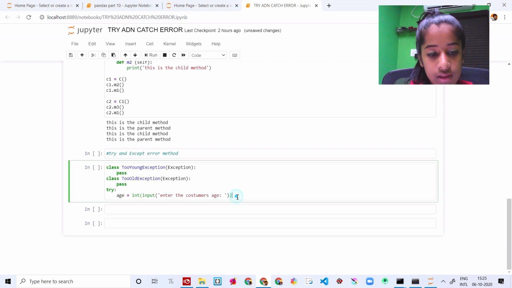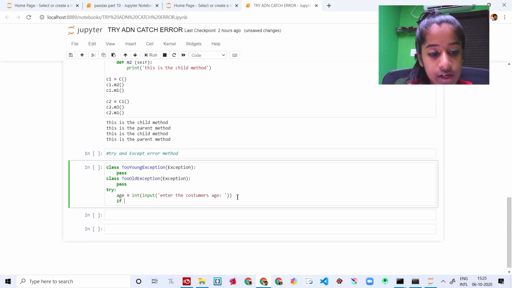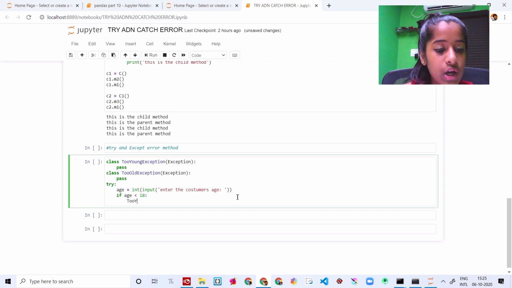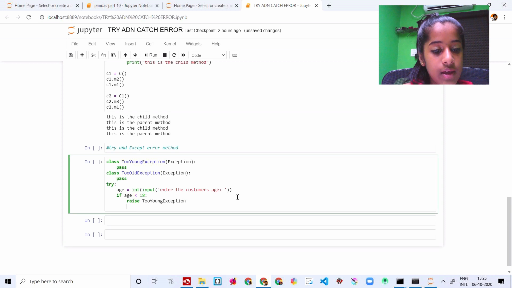Then let's come down and create an if condition: if age is smaller than 18, then we're going to call this TooYoungException. You should not just write too young; you're supposed to say raise TooYoungException.